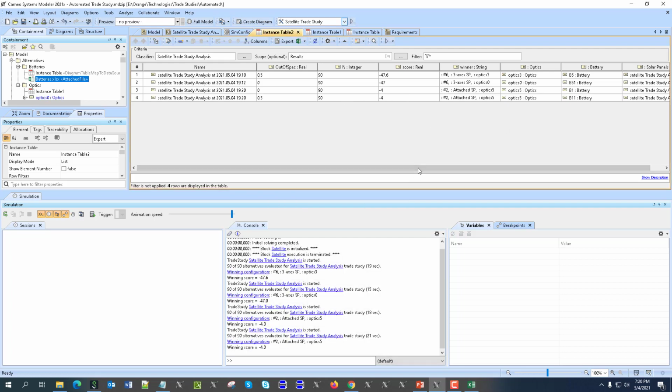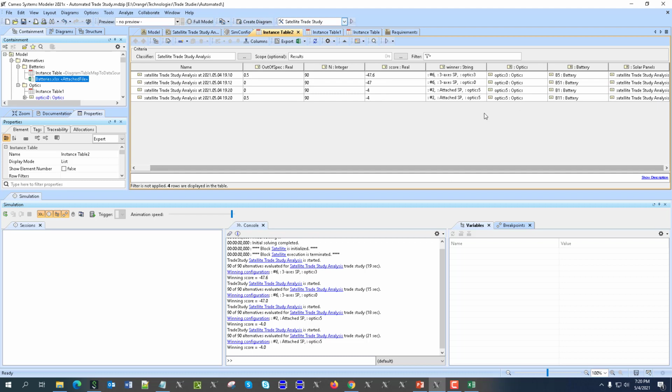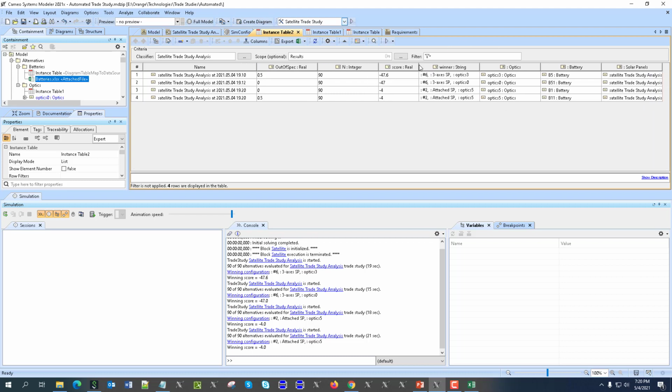Yes, so as we can see here, the result is still the same, based on the normalized, at least what we see here, right? We have this optics, the battery, optics, and then here we have